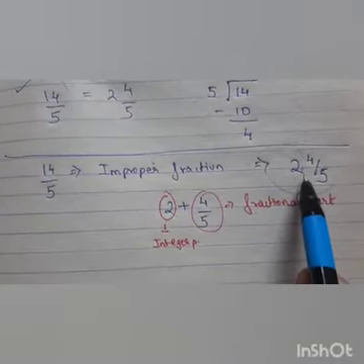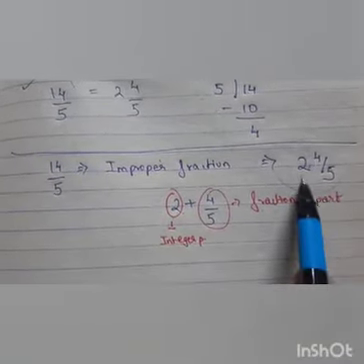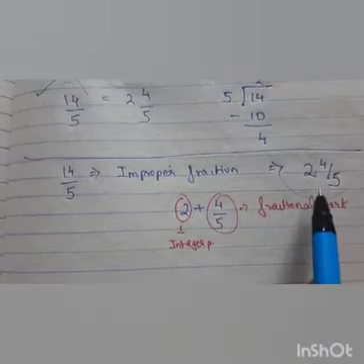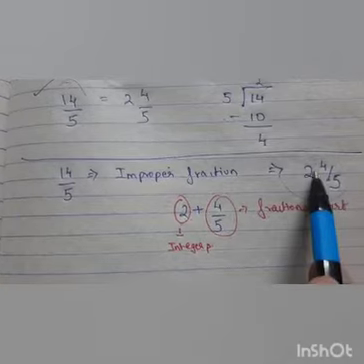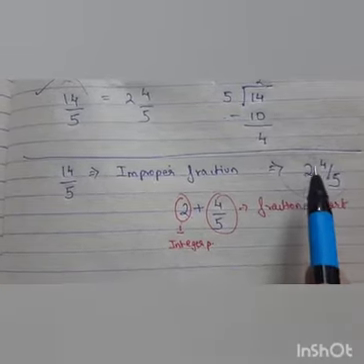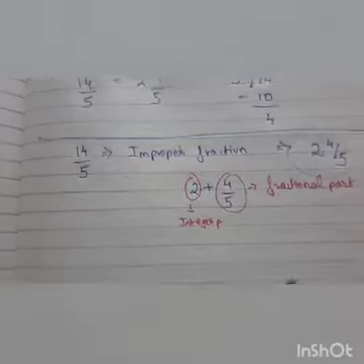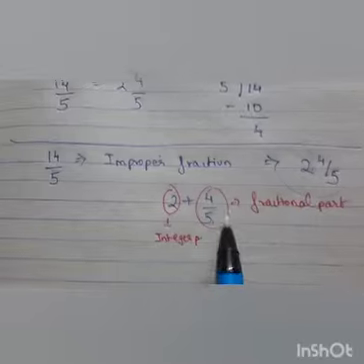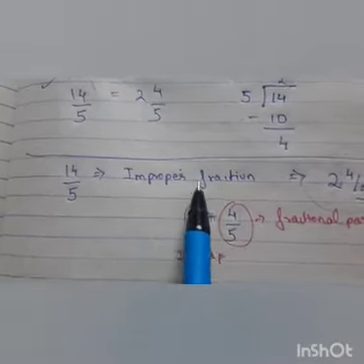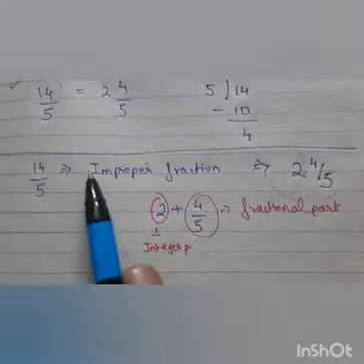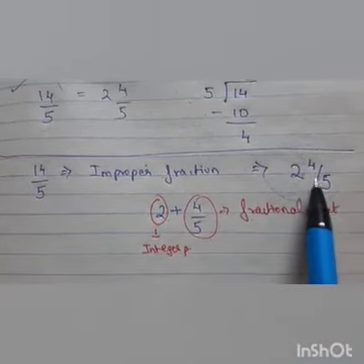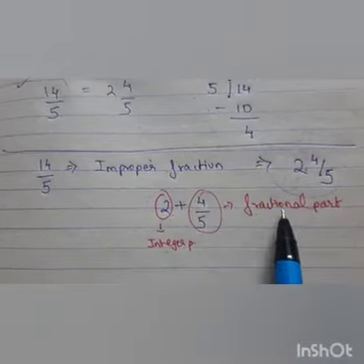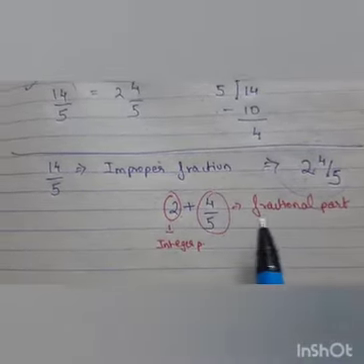If it had been written here, for example, 3 whole number 4 upon 5, then the rational number would have been lying between 3 and 4. If it had been written 4, it would have been lying between 4 and 5. So see, this 2 is the integer part and this 4 by 5 is the fractional part. Whenever you convert an improper fraction into a mixed fraction, after the integer part, the fractional part which you get by default becomes a proper fraction.